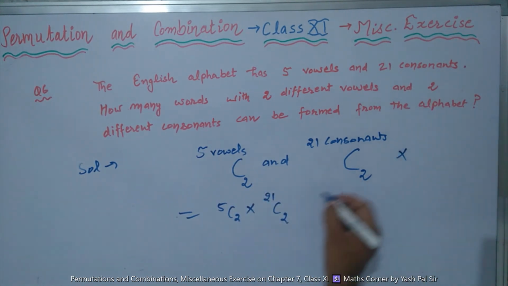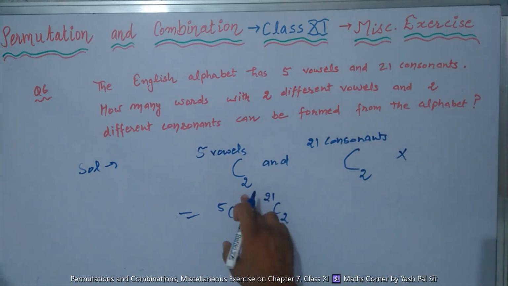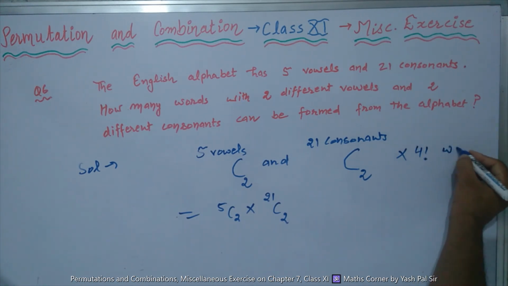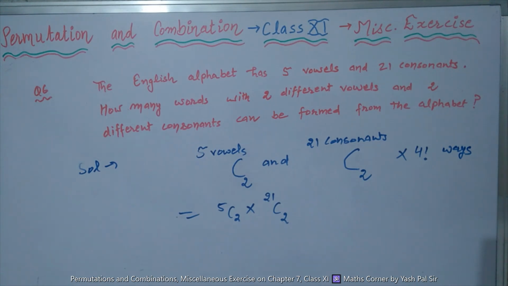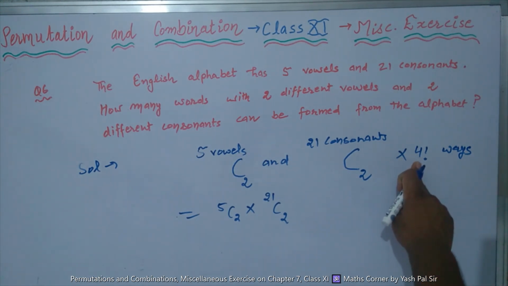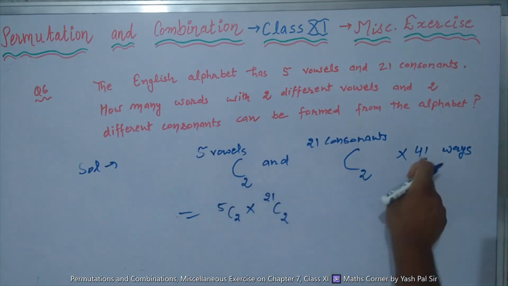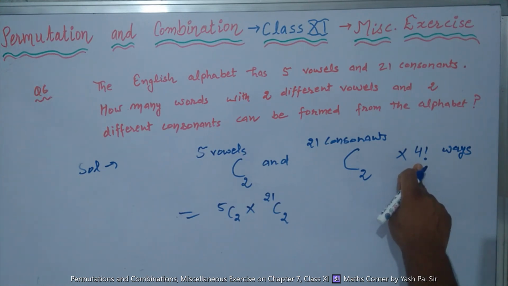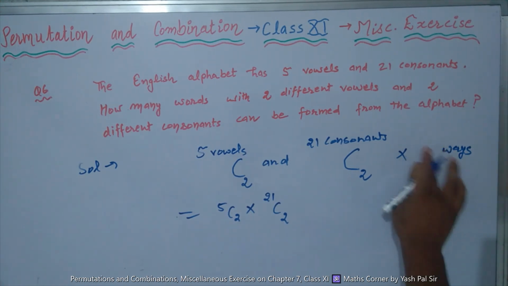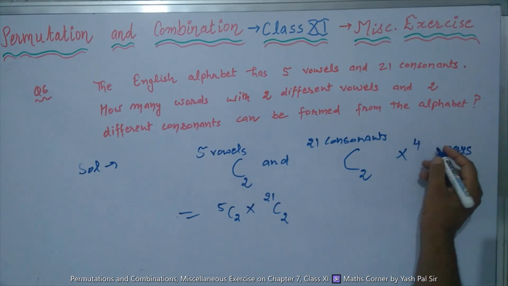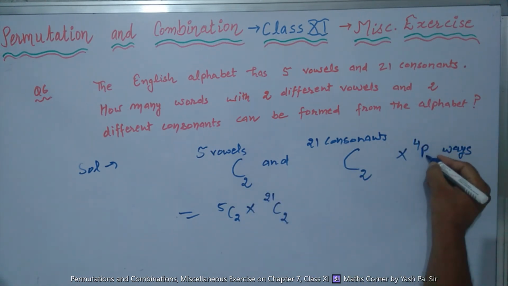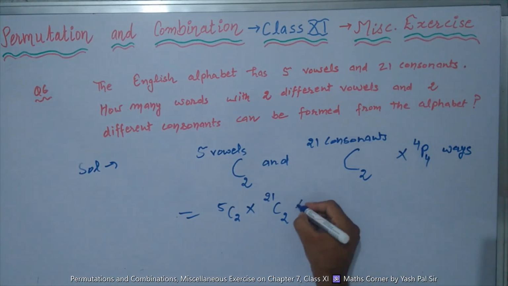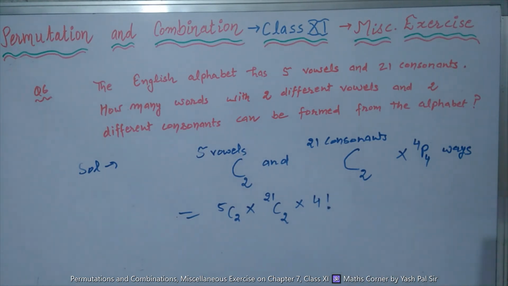Moreover, we have chosen this way 2 plus 2, 4 alphabets, so we have to arrange the 4 alphabets also. They can be arranged in 4 factorial ways. This is also very important. This 4 factorial means arrangement. Before arrangement we selected the 4 alphabets, thereafter we arranged them, so we used the permutation. We can also write this way: out of 4 letters so selected, we shall arrange the 4 letters, 4P4, which is itself 4 factorial, right?